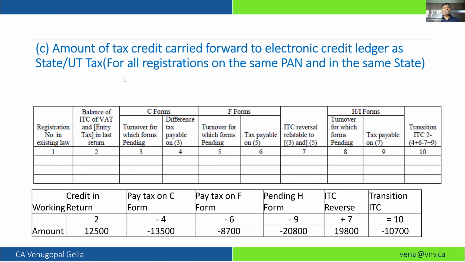And like the excise, there was also VAT credit. So I would be giving the VAT credit. However, owing to C form, F form, and other forms,